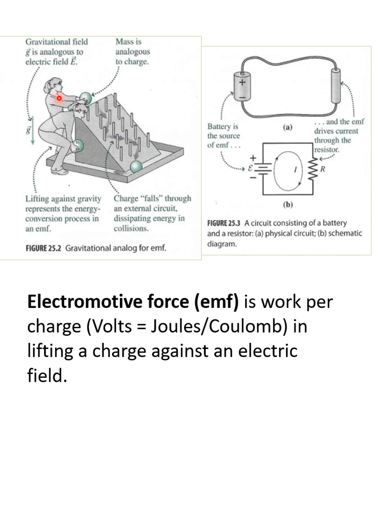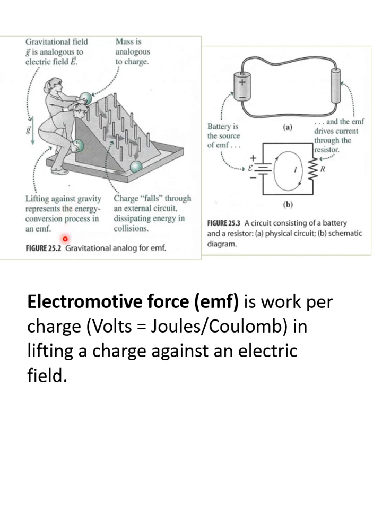It lifts charges against the electric field. It says here, lifting against gravity represents the energy conversion process in an EMF. And then she lets the ball go down, and it says the charge falls through an external circuit, dissipating energy in collisions. So the ball falls down, and we're going to think of that as going through resistance until eventually the ball completes the circuit and it comes all the way back to the person where the person can lift it again. So the idea with an electric circuit